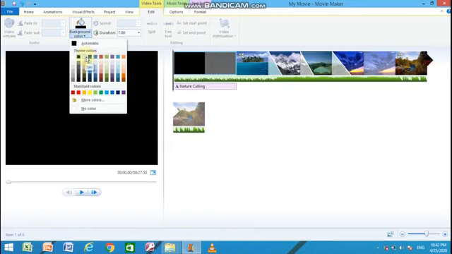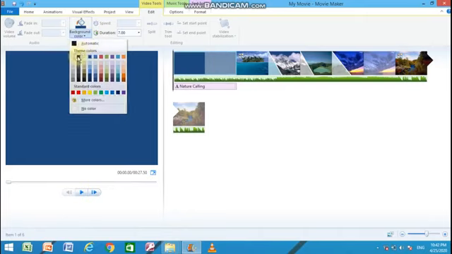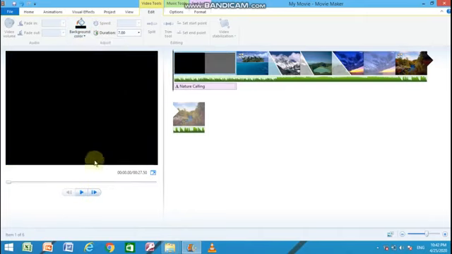Suppose this. You can check it in the preview. Black will be more good, so make it black. Now see, yes.